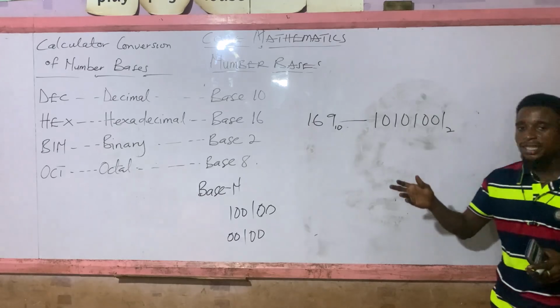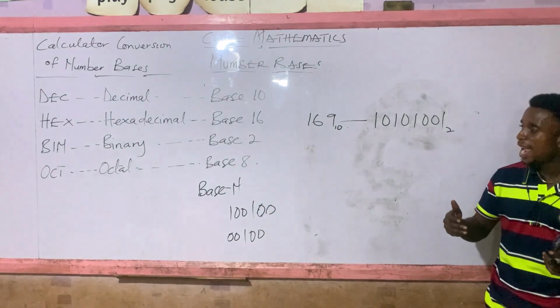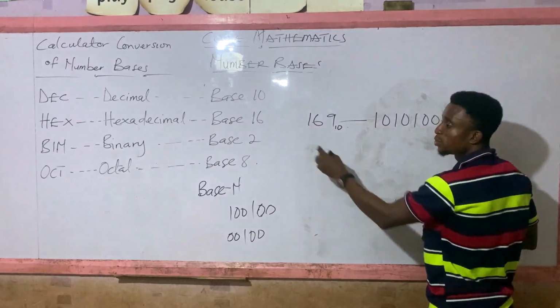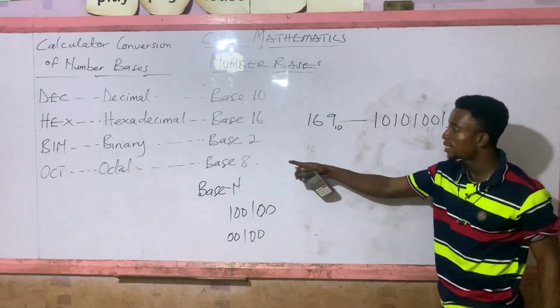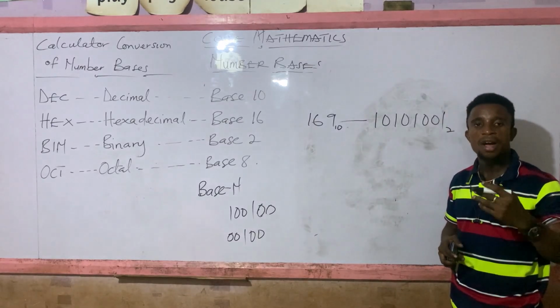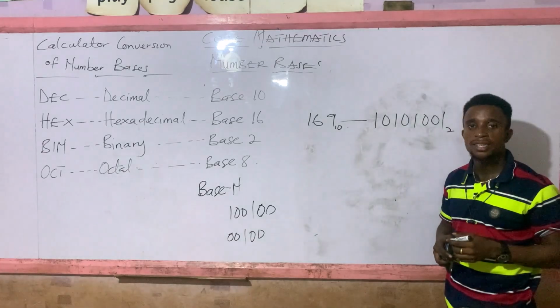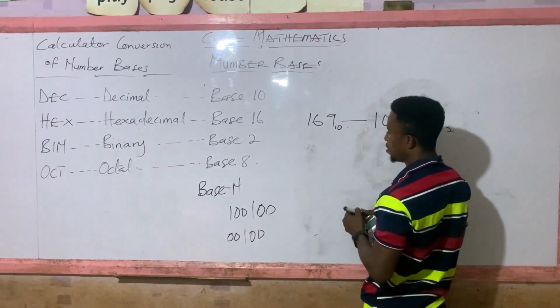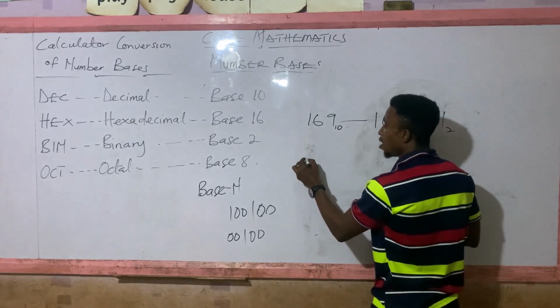And the calculator can also be used to convert between other bases. You can also be asked to convert from base 2 to base 8 or base 8 to base 2. And when something like that is given, how are you supposed to do that? So let's see how that one too is done. Okay, so we imagine we are given